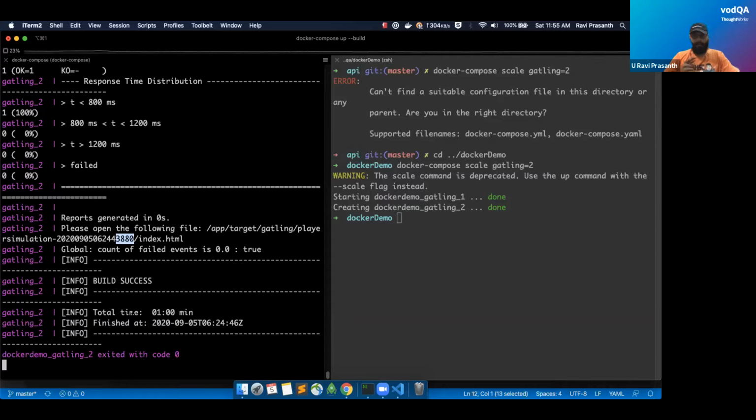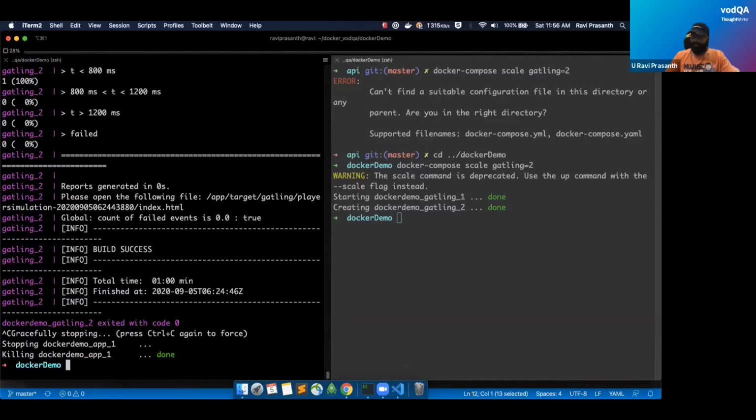But in JMeter, we have a particular image called Winch Docker, where you can try the master-slave configuration. With the master-slave configuration, there will be one master and multiple slaves that you can spin up. All the aggregated reports of the slaves will come to the master, and you can just view the master report. Since we have already shown you Gatling, we have taken the Gatling report and Gatling test suite, and we are showing this. So I think this is all we had.